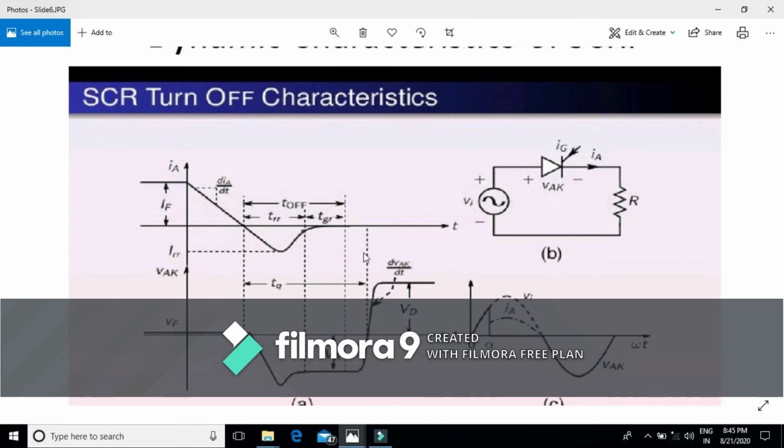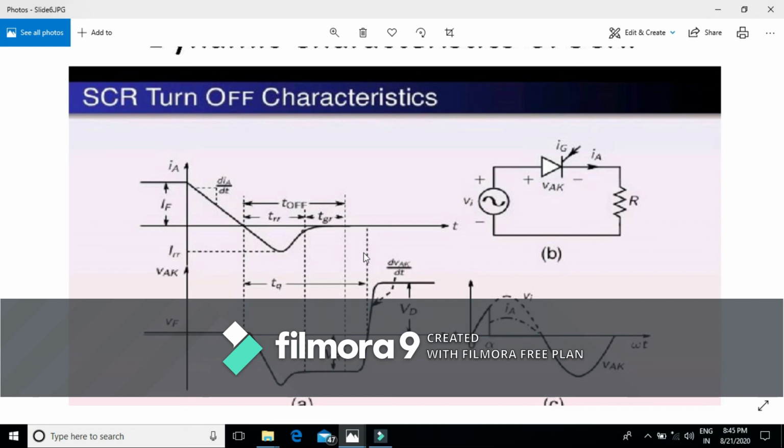The turn off time provided to the thyristor by the practical circuit is called circuit turn off time. This circuit turn off time must be greater than the thyristor turn off time, otherwise